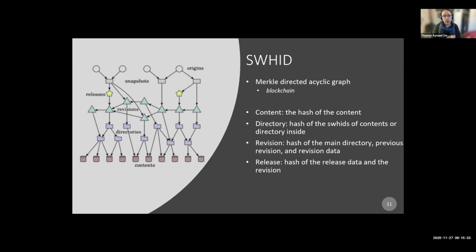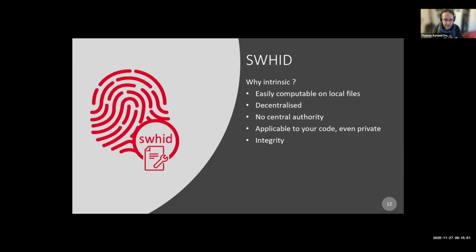The revision will be the hash of the main directory, the previous revision, and some revision data. So if you change anything, you will change the SWID of the revision. It's a perfect identifier. And for the release, it's the same. So why intrinsic? Because